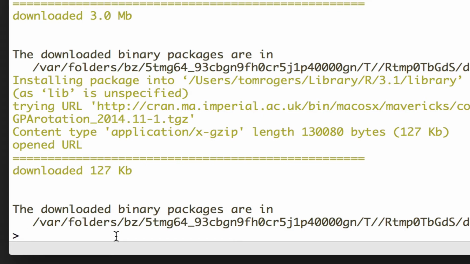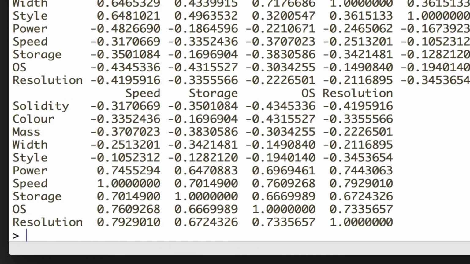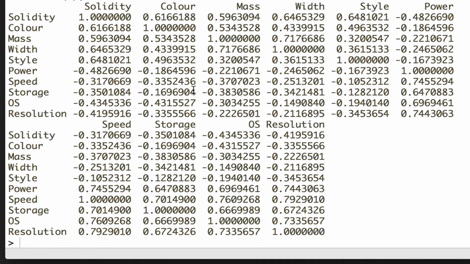The first thing we need to do, for some of the assumptions we need to check, is get a correlation between all of the variables. So to do that, I'm just going to put it in variable R, and I'm going to say that equals the correlation of all the variables in the data frame. Actually, I called it D, and then we want to show our variable R. So here are the correlations